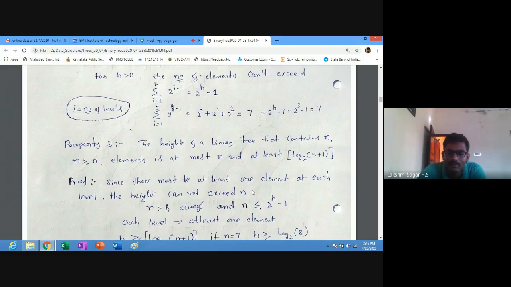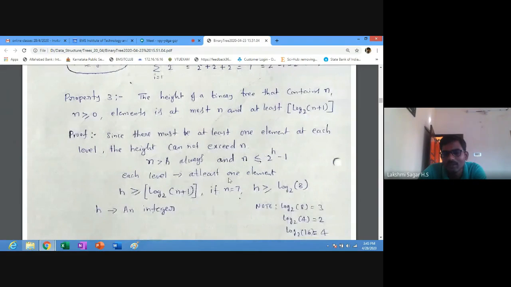So n is greater than or equal to h always, and n, the number of elements, should always be less than or equal to 2 power h minus 1.